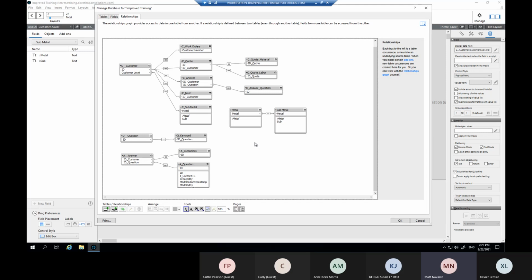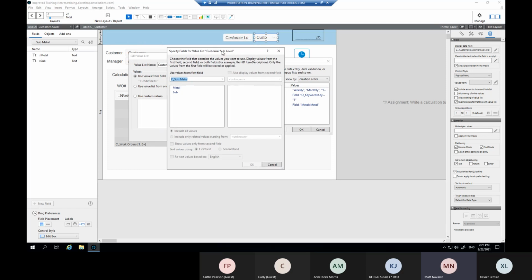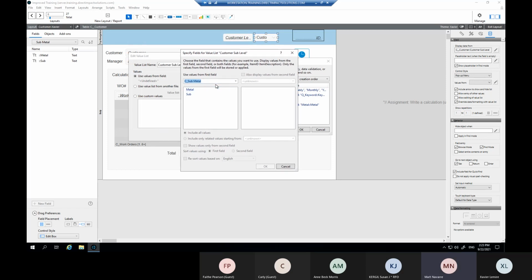So that's hard part number 1. That's not super obvious. Now the hard part number 2, which is even less obvious. Click OK. We're actually right back to where we were. So at this screen, now that we've got our correct relationship set up, now we actually say, OK, starting from